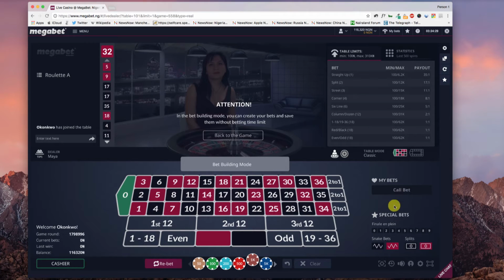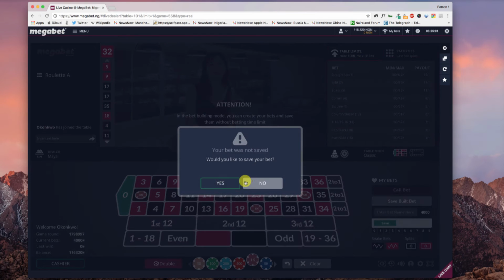I can say I'm placing bets on all the numbers. So if you notice my cursor, this is the bet builder. So you can actually build the bet and save it. I could say bets placed on all numbers ending with 0, or all numbers ending with 1, all numbers ending with 2, 3, 4, 5, 6, 7, 8, 9, and so on. And if I clicked on that, it would ask me to save this bet, and I could click save, and it will ask me to give it a name and save the bet if I wanted to. If I didn't want to, I'll just